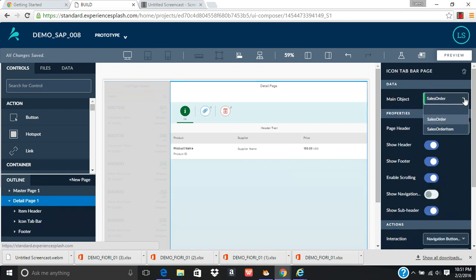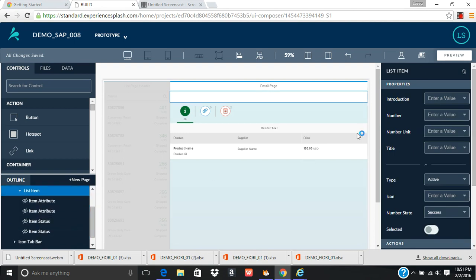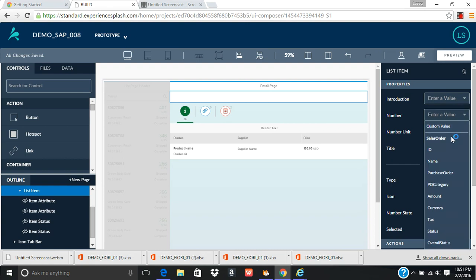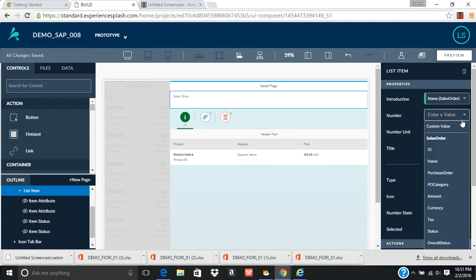You're gonna select. There are two objects. You can select any one of these, but here, because we want this header to display sales order information, not item information, we're gonna bind this with sales order. We're gonna go back again to our list header, and we're gonna select different values. I'm gonna leave introduction as it is, number, or probably name, sales order, and number as